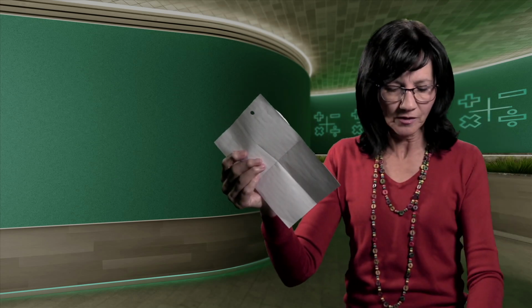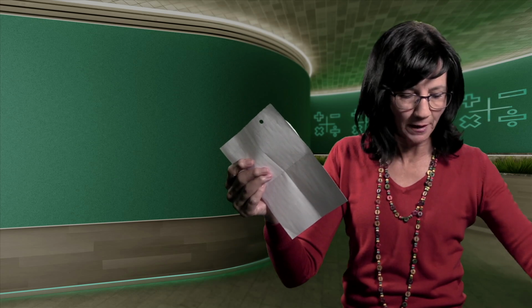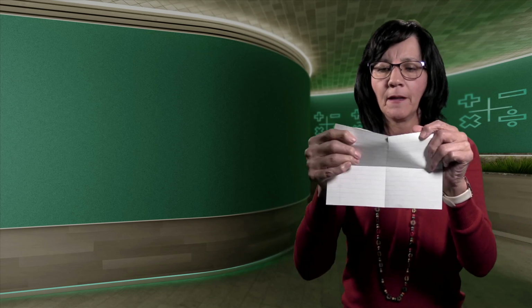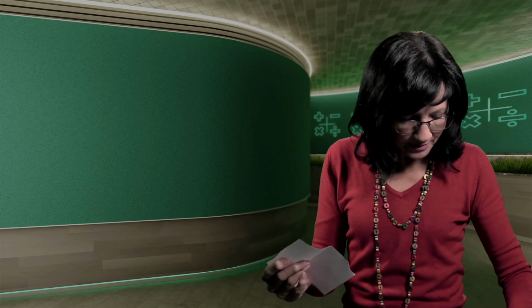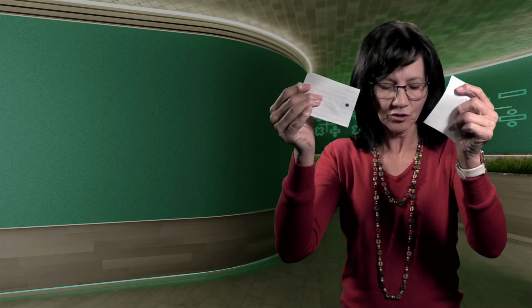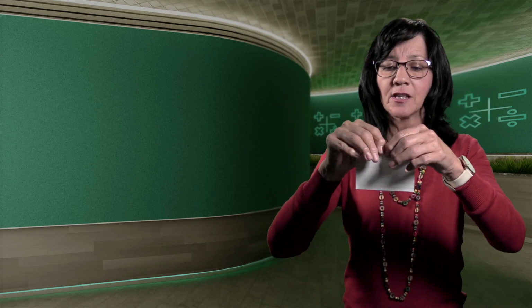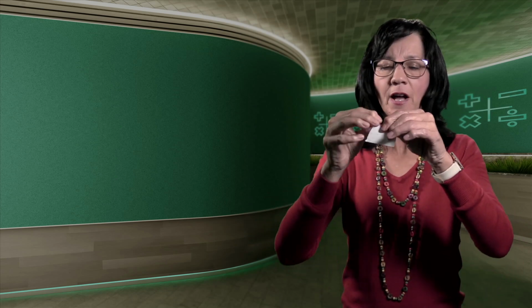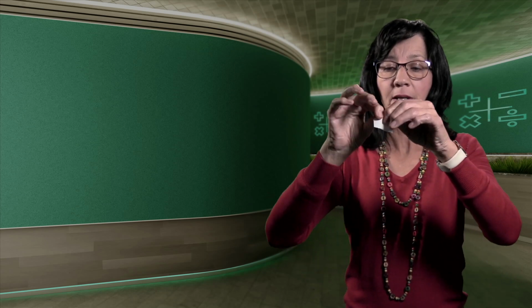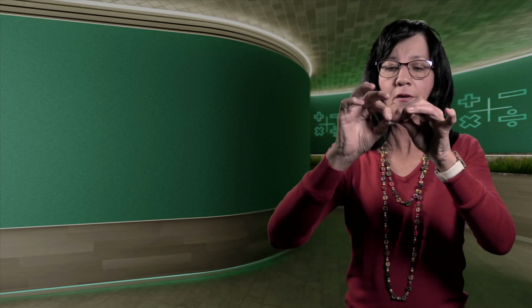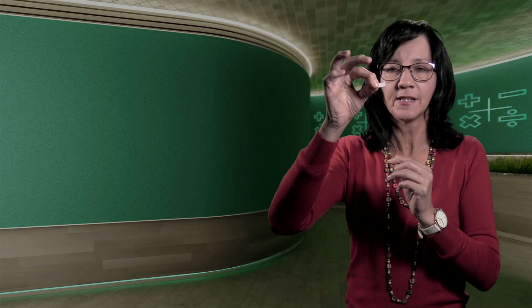If I tear it into 2 pieces, I've got my 2 halves. So I put down 1 half on a clean sheet of paper. Now I take the other piece and I tear it into 2. So I've got quarters, and I put it down underneath that one. I take another one and I tear it into 2 and I put down the pieces. And so I carry on, dividing it into 2. Now you can see what's happening. It's becoming smaller and smaller and smaller. You can hardly even see this one.